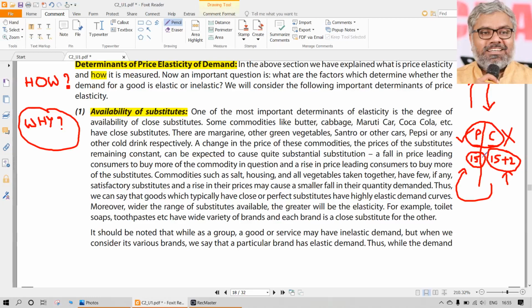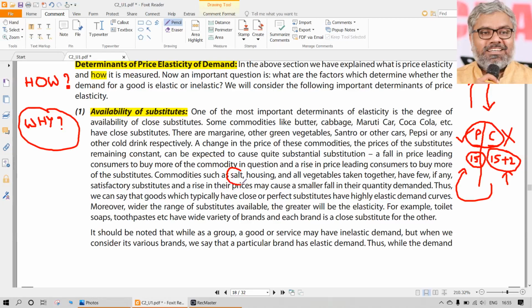So whether there is an increase or decrease in price, naturally, according to that change, the quantity demanded will also change. But how does it change? It changes very drastically. And why does this happen? Since these products are very close substitutes. So the closer the substitutes are, the higher the price elasticity of those products will be. If there are no close substitutes for the product, generally the price elasticity will be lower.